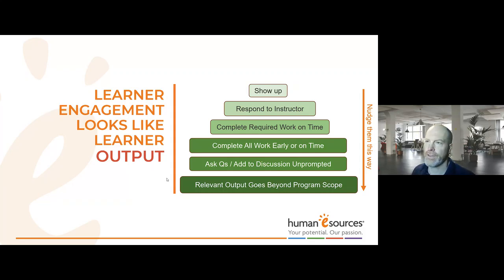That's an example of a student taking all or some of the course content you've been offering, and they are able to go to the next level with that and say, hey, because I've learned this, here's something else that I can know now, or that I can do now. That's what relevant output that goes beyond program scope means. Obviously, when students arrive on the first day of class, just showing up is where everybody's going to be. And the role of the instructor and the administrators, all the staff at the school, is to try to get them to move down into those deeper levels of engagement. Knowing what those levels are, and these are just approximations, you could probably add things in between here or tweak these.